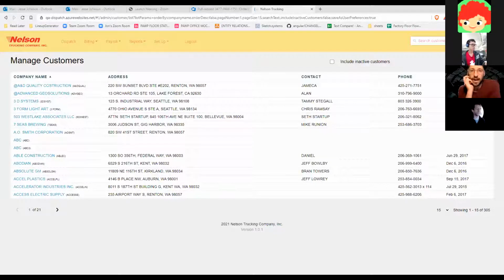So most things, and correct me if I'm wrong here, Jesse, but most things drive through the job. So they'll create a job first, attach it to a customer, attach the driver and the trailer. And then once that job is performed, they still have a physical paper, I think, that they send along with the driver, and that gets basically handed over. And then billing is sort of a manual process after that. So we're still handling all the pieces, but there's still some kind of antiquated physical work that goes along with it.